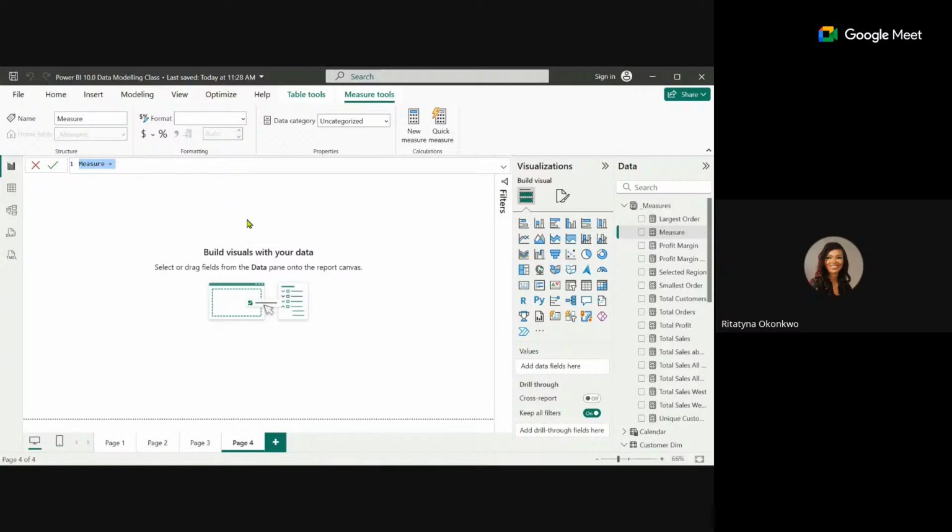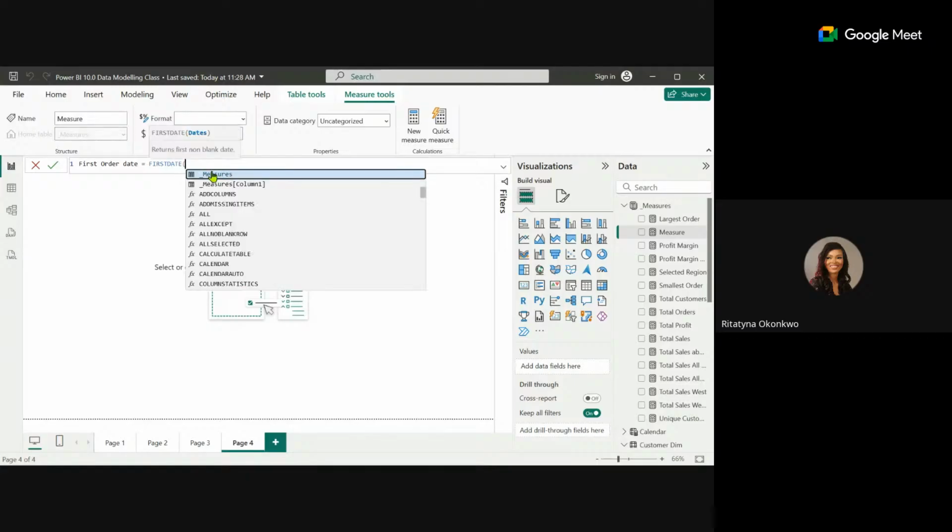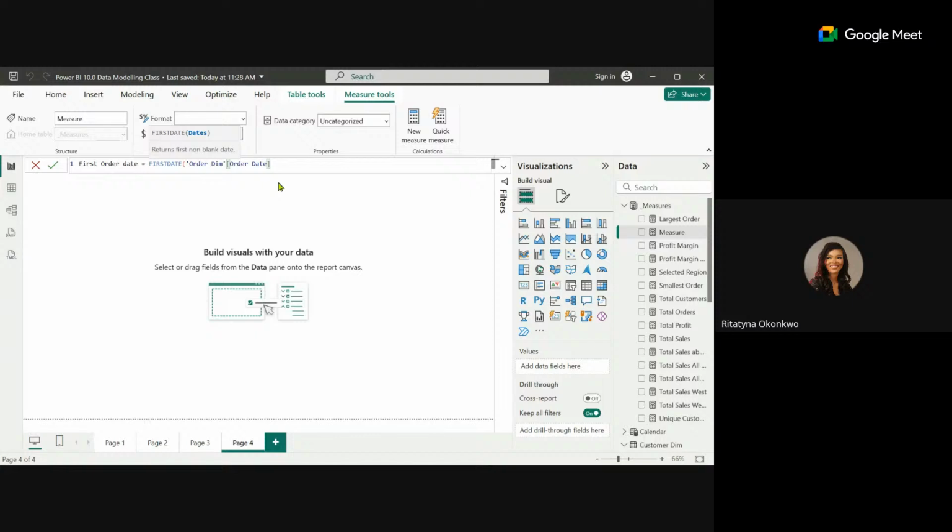Okay, I think so. All right, so I'm going to type first order dates. So I want to see the first date of my order, right? We can use the FIRSTDATE function. What does the FIRSTDATE function do? It returns the first date in a given context, the first non-blank date. And what does it take? A dates column. So if I put in my order dates here and close this bracket,